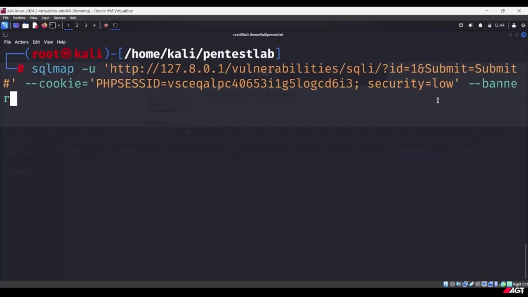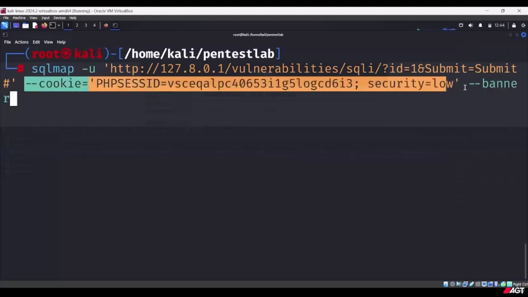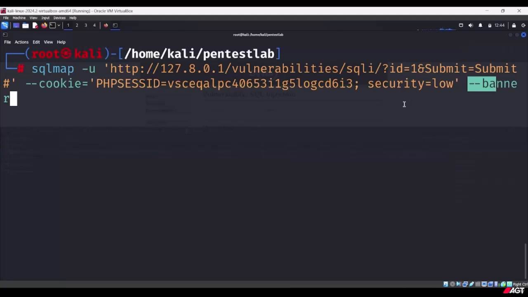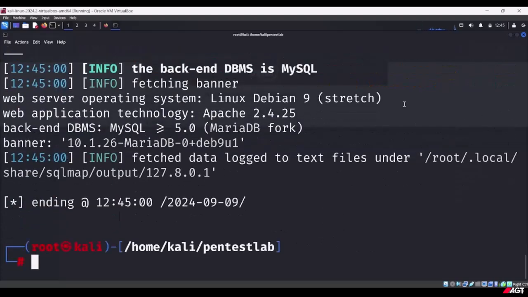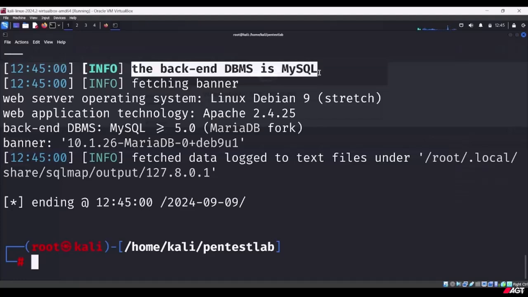So type in the command sqlmap -u and specify here the target URL with --cookie. So here you need to provide the session information. Alright, with --banner. So that will fetch the database banner, which contains the version of the database and other details. So hit enter. After running this command, SQL map displays key details such as the backend DBMS is MySQL,